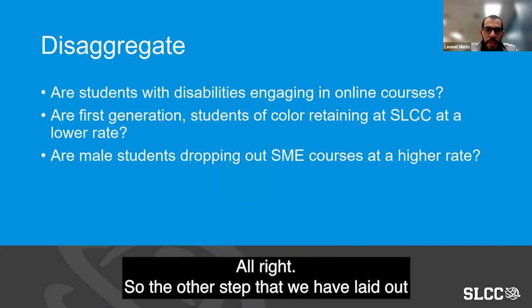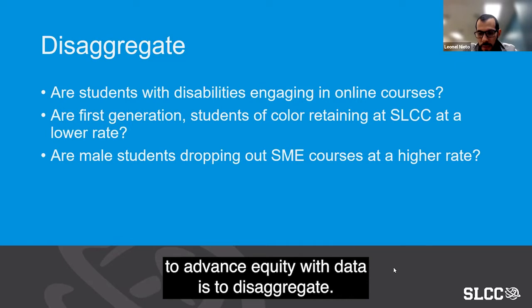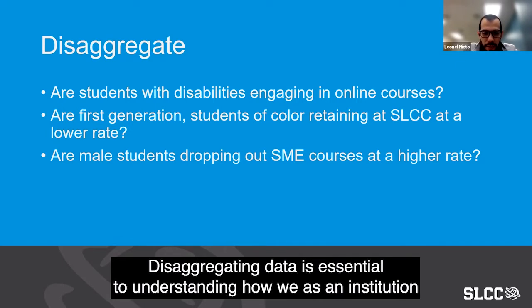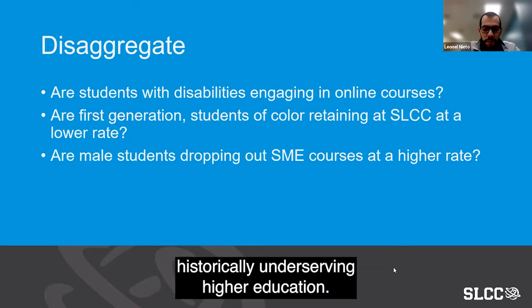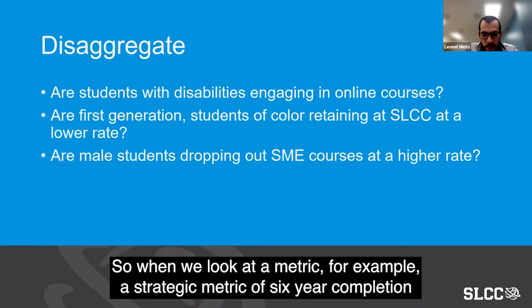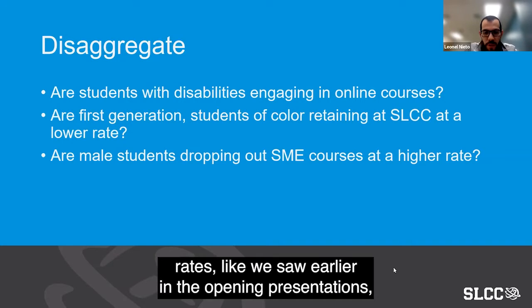All right, so the other step that we have laid out to advance equity with data is to disaggregate. Disaggregating data is essential to understanding how we as an institution serve different groups of students, especially students who have been historically underserved in higher education. So when we look at a metric, for example, a strategic metric of 6-year completion rates, like we saw earlier in the opening presentations,